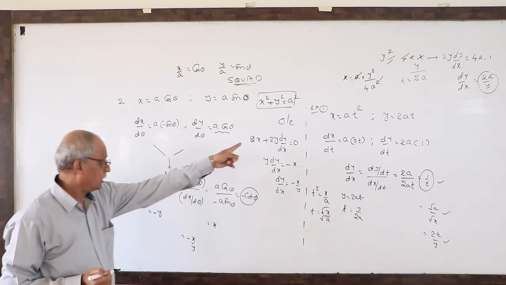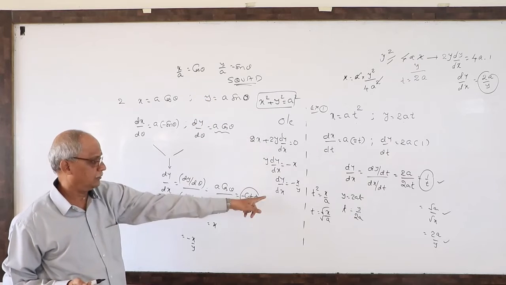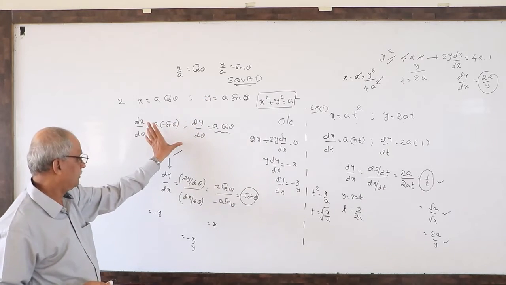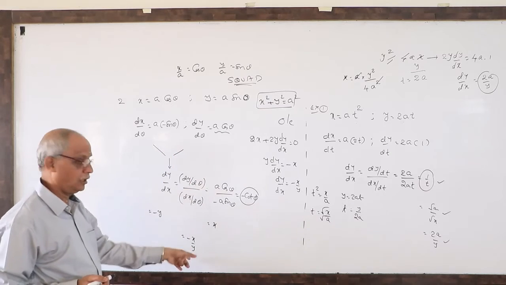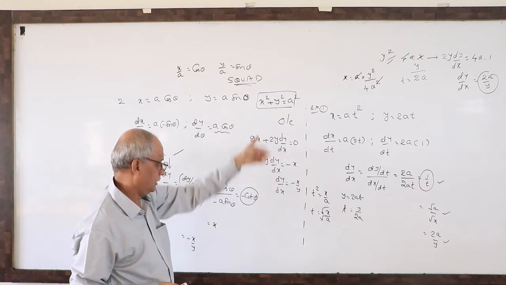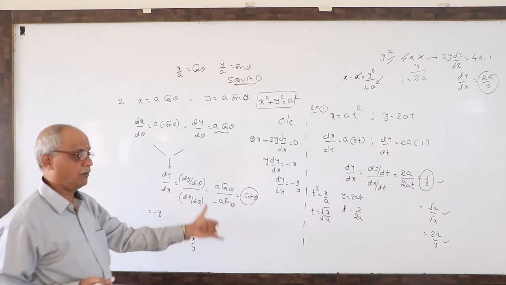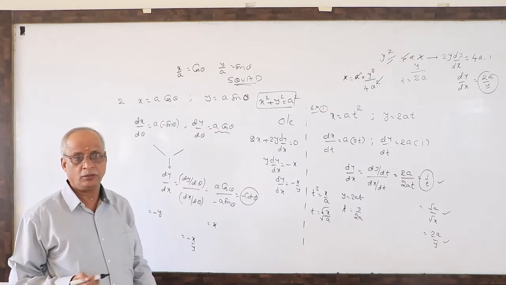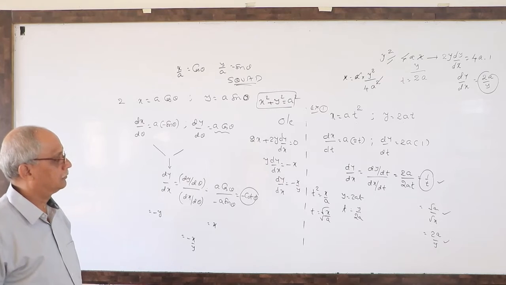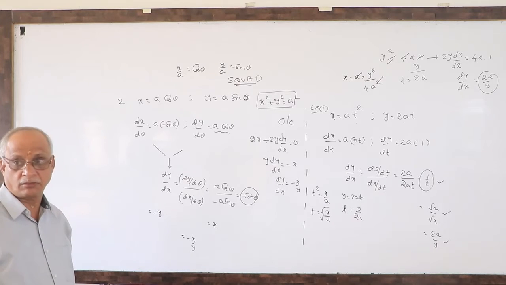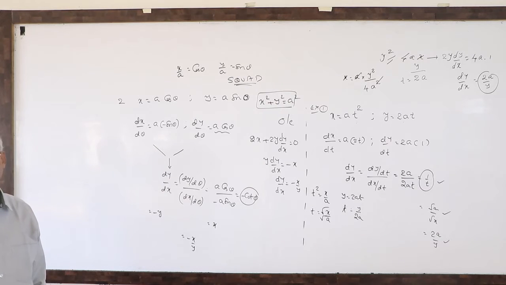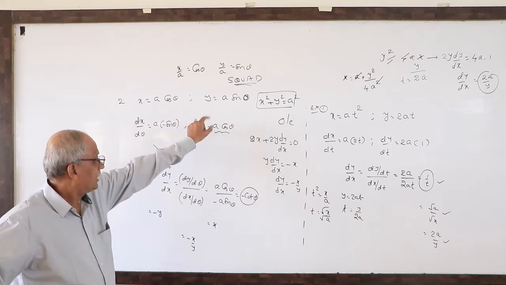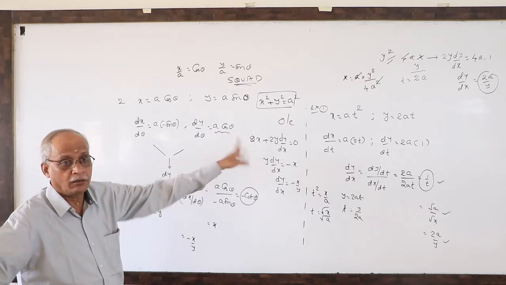What is the advantage here? First you are eliminating and then doing differentiation, or you are not eliminating and only at the end you eliminate. First differentiation, then elimination; or first elimination, next differentiation. It depends on the problem, whichever is best you can select. That is the advantage of parametric equations: it can be done by either method, elimination first or at the end. I gave this problem because this equation represents a circle.